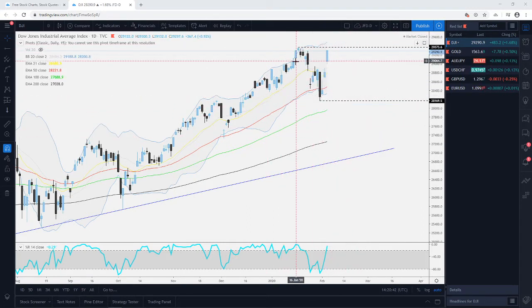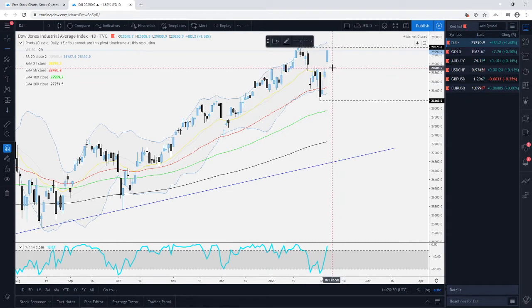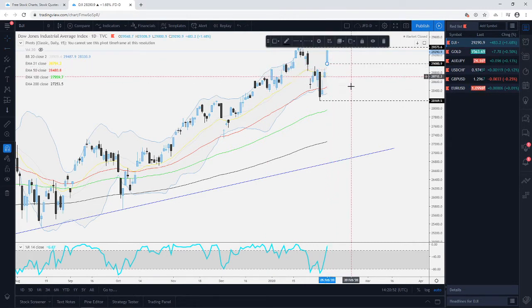For now, everything's kind of leaning more towards this scenario, the upside scenario. So again, be very careful, guys. In case this suddenly starts dropping back below yesterday's low near the 29,000 mark, then, well, I mean, this